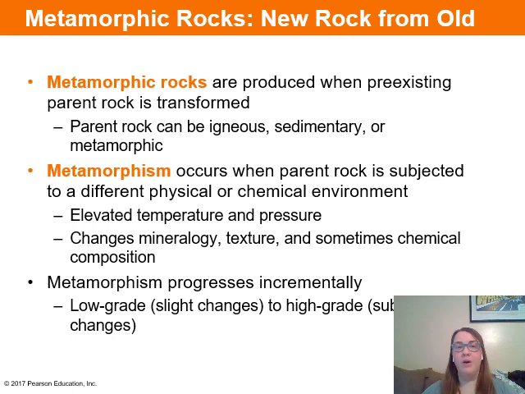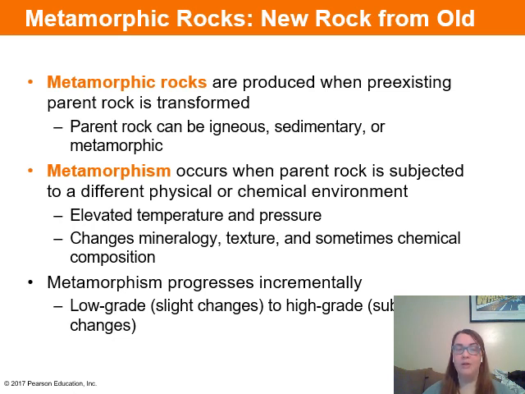So with our metamorphic rocks, these are going to form in a very different way. With our metamorphic rocks, we're going to have some form of pre-existing rock, which we call a parent rock. That is going to be transformed through intense heat and pressure into a new type of rock. So with metamorphic rocks, it doesn't matter what type of rock that parent rock is. It's going to be igneous, sedimentary, or even another metamorphic rock. The important part is that intense heat and pressure is going to metamorphose or change that parent rock into an